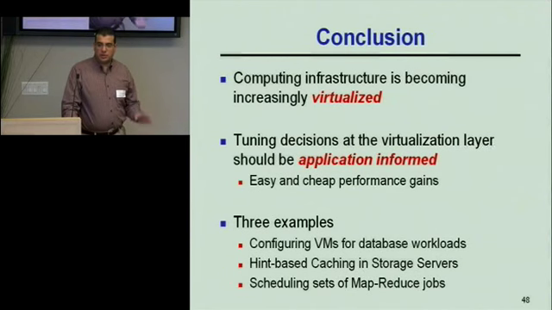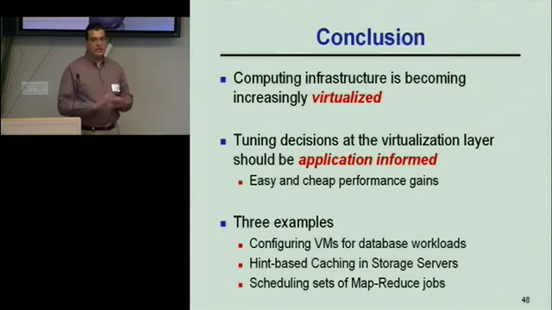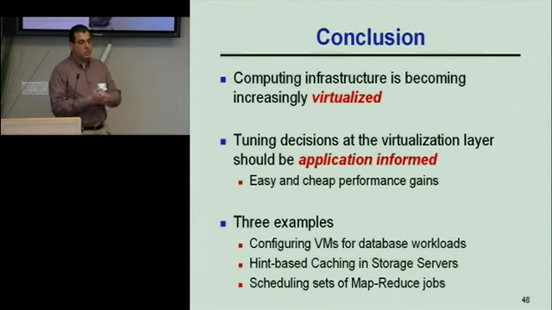For the third part of the talk about scheduling MapReduce jobs, the human will need to provide the tasks to be scheduled, and as we refine the modeling approach, maybe the human will need to be involved in this experimental model building as well. But at a high level, the goal is always to minimize human involvement as much as possible, which is why you get as much information as you can from the application itself.